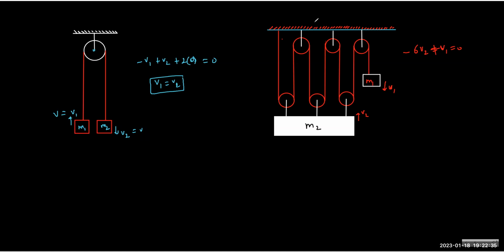Tell me guys, is it clear? Is it difficult, to be very honest? See, you can easily see organically that it will shrink the segments. So this much string I have to pull by the M1. So M1 can pull 6 times what V2 will go, right? Okay, can you see this? I'm not saying do it by some formula, but if you can see it, it's really good. So the V1 is 6V2, isn't it?